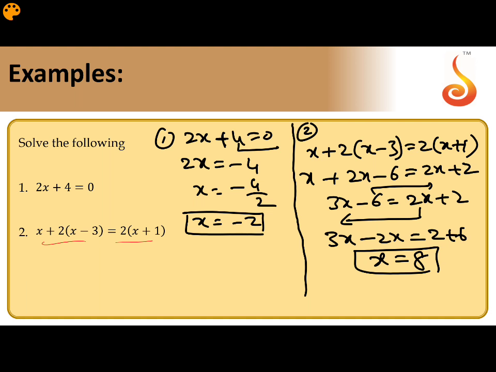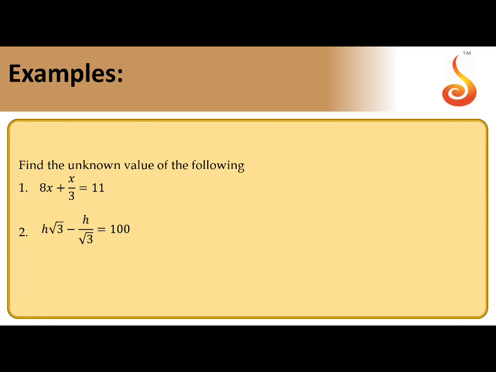So these are simple equations, how to solve the equations. How to solve the equation, you have to find the value of x. So clear this one? Now, can we move to the next question? Next, this is also a simple example only. Find the unknown of the following equations. Unknown means you have to find the value of the unknown that is present in the equation. Here what is present, x, x is unknown. Here what is present, h, h is unknown only.